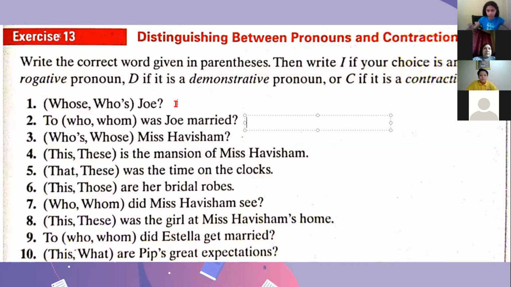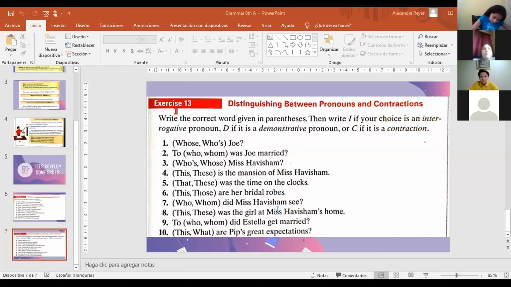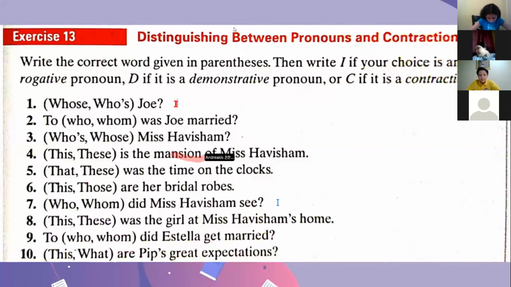¿Y a dónde, mira, el cuaderno o en la pantalla? In the screen. Quitó el coso de compartir. Oops, really? No, I didn't. Can you see it now? No, I know I didn't take it out. Let me see. What about now? Ahora sí, ahora sí. Okay.